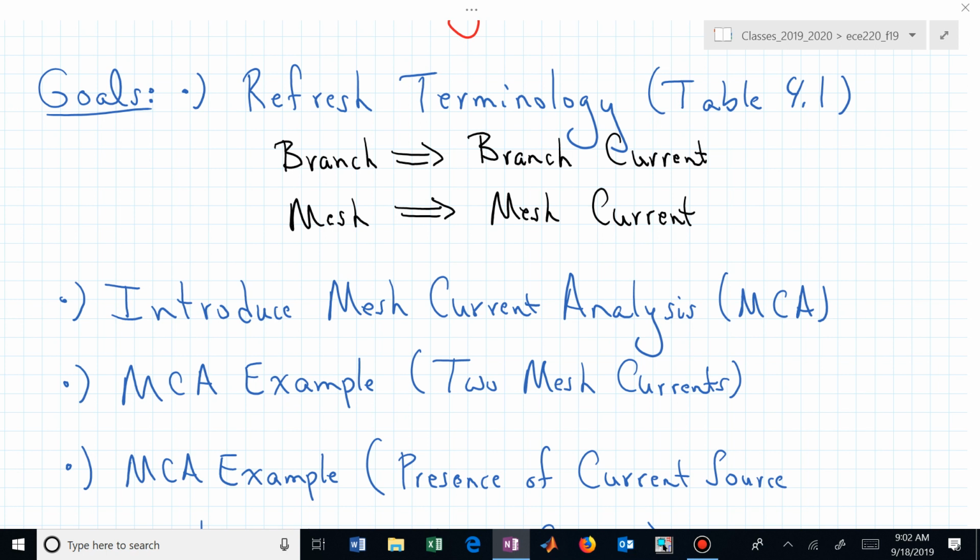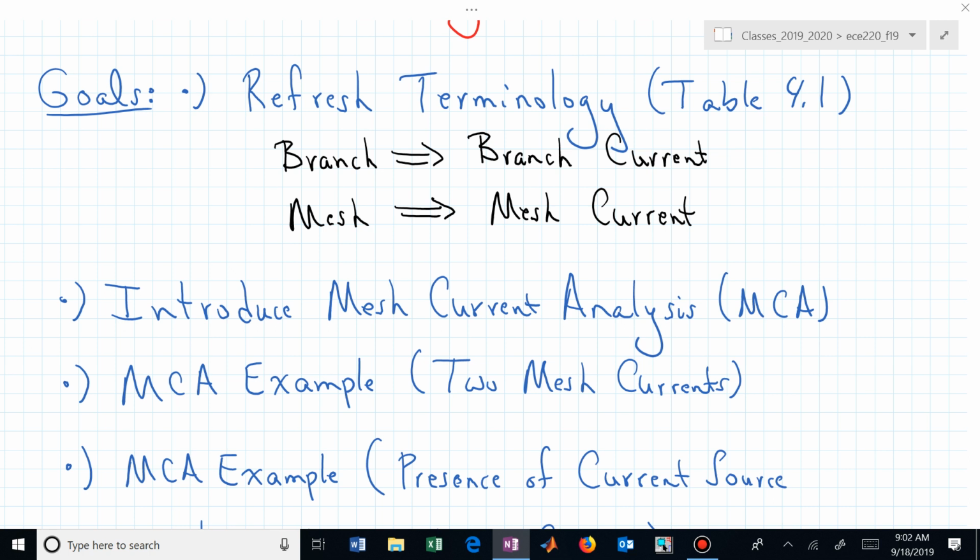Since we are going into a dual universe to learn about mesh current analysis, which is the dual of node voltage analysis, we'll refresh our memory on some of the terminology, or actually go into Table 4.1 and the accompanying figure, and remind ourselves of some of these terms that we really didn't need to worry too much about with node voltage analysis. And today one of the big themes is making the distinction between branch currents and mesh currents. Sometimes they're the same, but